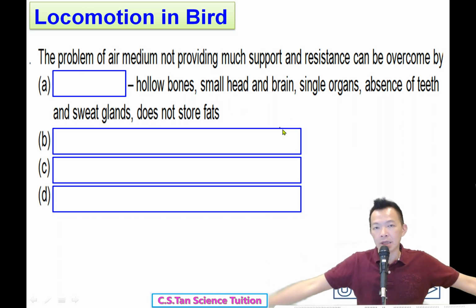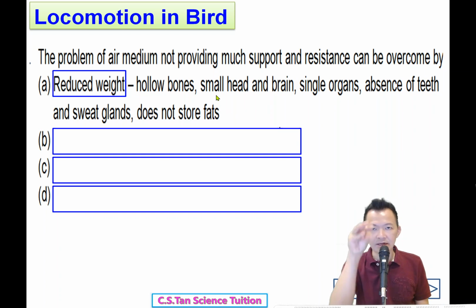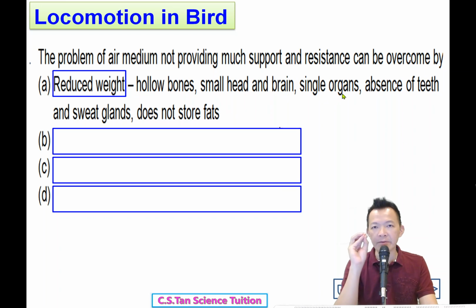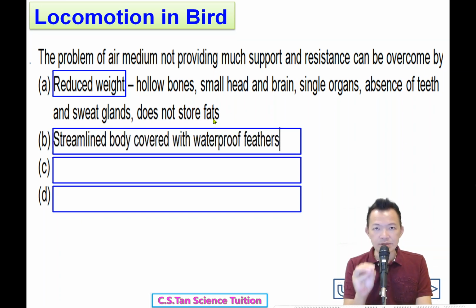Okay, so how do they overcome these problems? Number one, if you want to fly, you must be lightweight. 你一定要够轻，对不对？So reduce the weight, 减少体重。But how do birds reduce the weight? Number one, hollow bone, 空心的骨头。Small head, 它的头小小的。And the brain is also very small. Single organs, they don't have pairs. We have one pair of kidneys, but they have only a single organ. Absence of teeth, 连牙都没有。No sweat glands, 没有汗腺，没有流汗，and they do not store fat, 没有收藏脂肪，收了就飞不起。